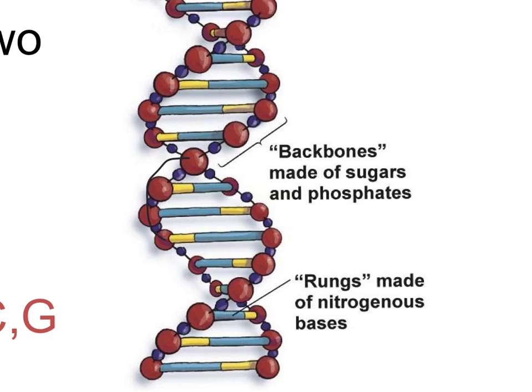And that's along here, right? These are all sugars and phosphates. And then there are these nitrogen bases, and in this case, a base here, and a corresponding base here. Okay? So A always goes with T, and C always goes with G. And the bases are